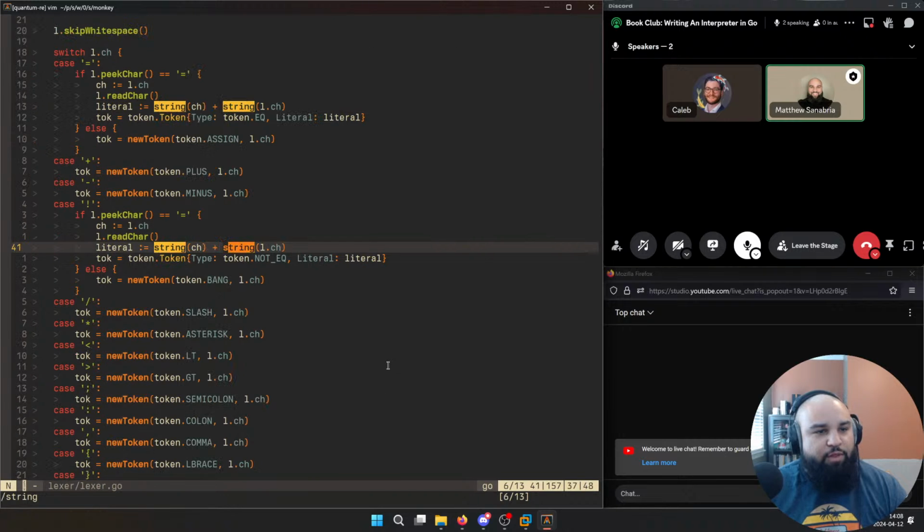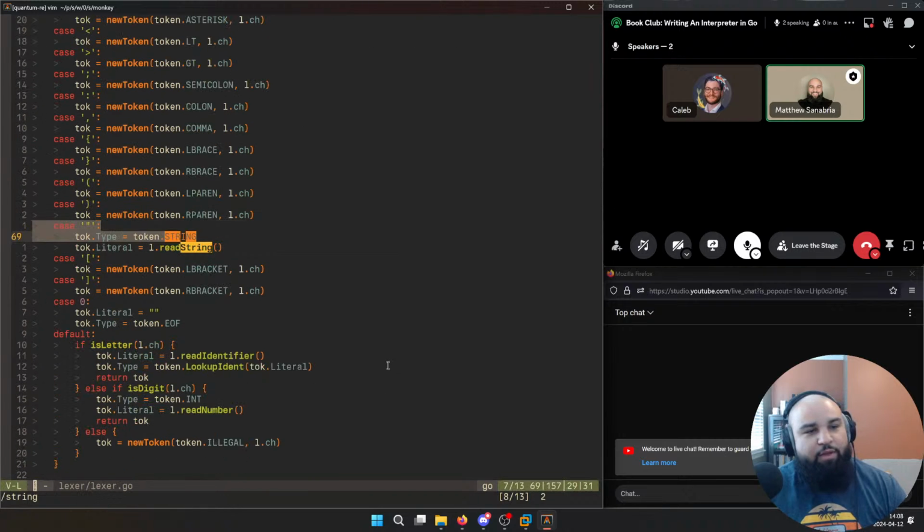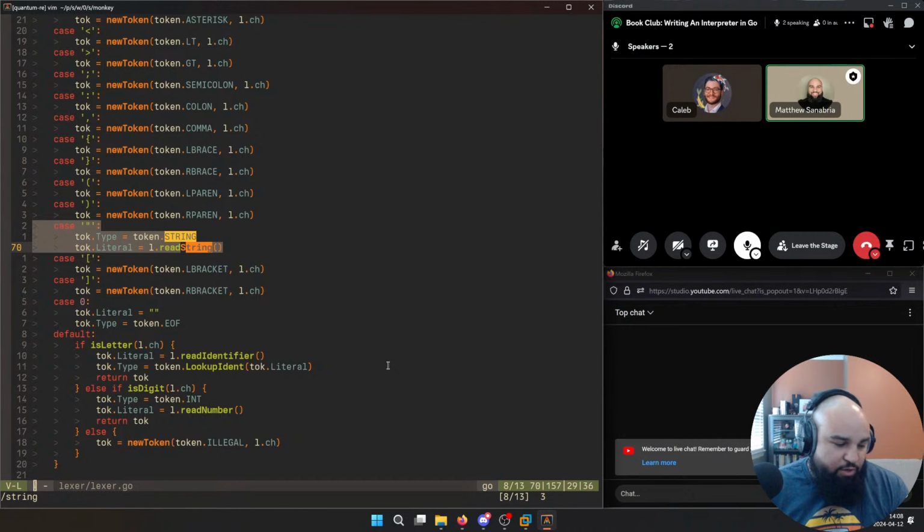I want to see where he put it. I believe it was in here. And all we did to our lexer was add a new character that we can parse. Strings in the Monkey programming language are going to be with double quotes. So if we're lexing over the source code and we encounter a double quote, we now need to parse that as a string.